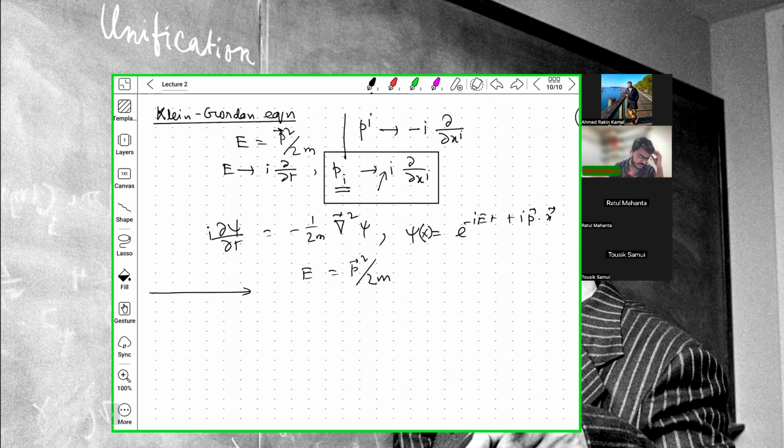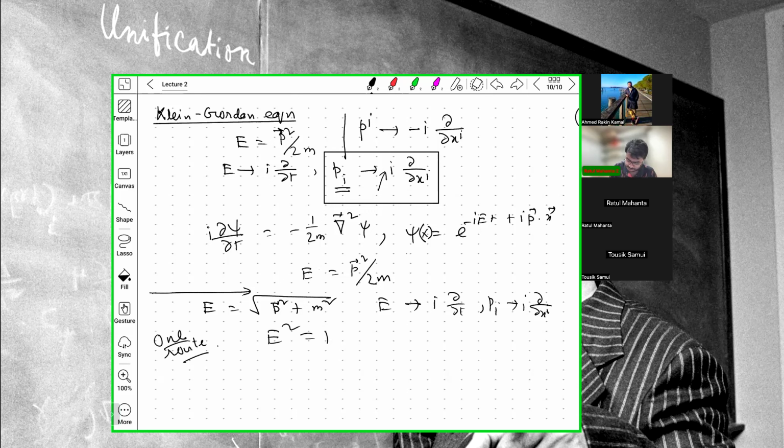For a relativistic particle, the energy momentum relation is this. And if you make the above substitutions, because you want to describe the quantum mechanics of a free relativistic particle, the first take is you substitute E goes to i del by del t, and p i goes to i del by del x i. But you cannot progress because it would be a square root of a differential operator. So there are many roots; there are two roots. One option would be